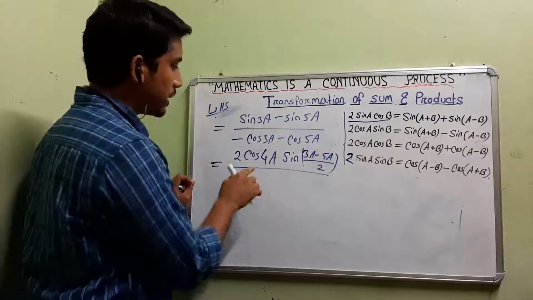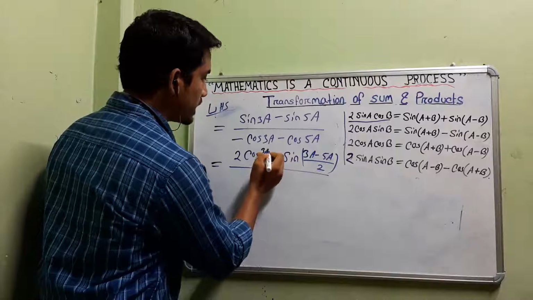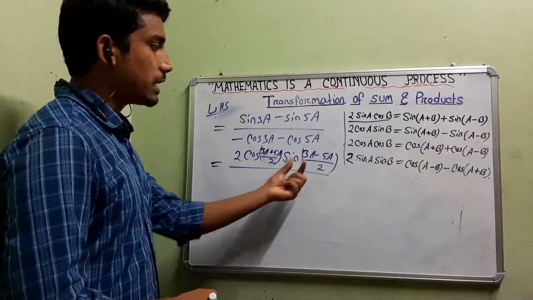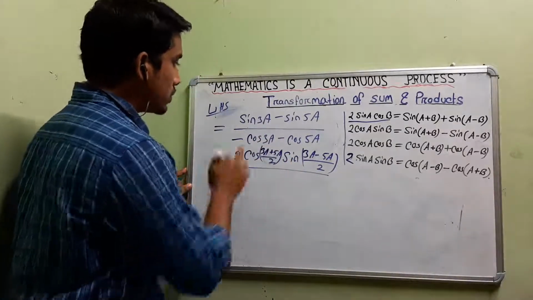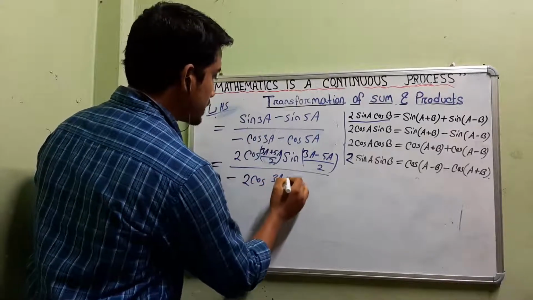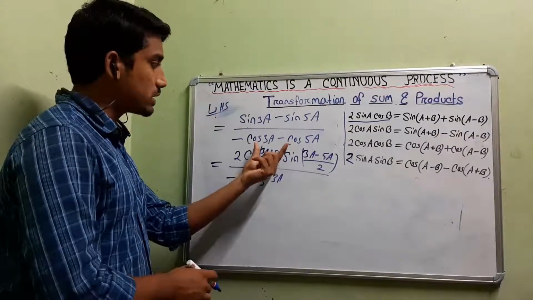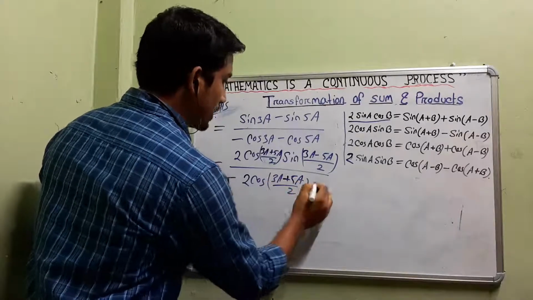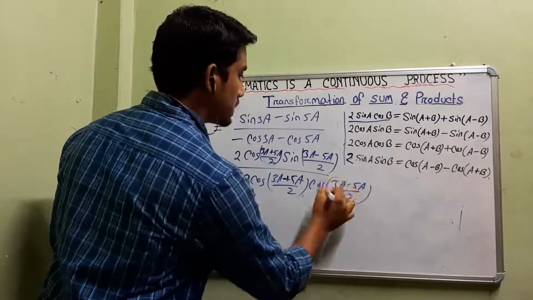Sin c minus d by 2, this one I have done. Let me write in a breaking system only, c plus d by 2, so it will be 3a plus 5a divided by 2. Divided by, in the denominator I can take one minus common, so it will be cos c plus cos d. It will be 2 cos c plus d by 2, that means 3a plus 5a divided by 2, into cos of 3a minus 5a divided by 2. After taking the minus common, this thing will get plus. This is the thing, you see.